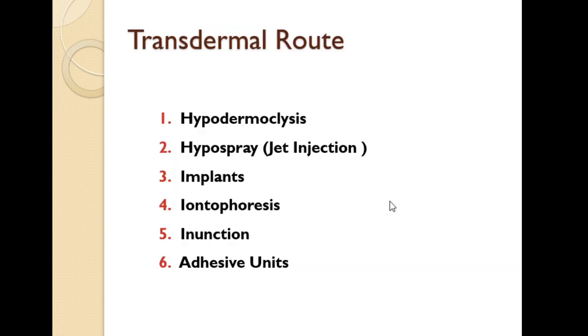The list of transdermal route is: first one is hypodermoclysis, second one is hypospray or jet injection, third one is implants, fourth one is iontophoresis, fifth one is inunction, and sixth one is adhesive units. So we will see one by one the various routes. In the first route, that is hypodermoclysis,